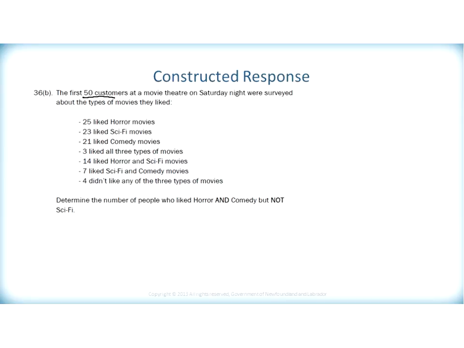They were surveyed about the types of movies they liked. This is the number that liked horror movies. Here's the number that liked sci-fi movies. This is the number that liked comedy. Let's draw a Venn diagram, of course with 3 sets. And we have horror, sci-fi, and comedy. When we're constructing these Venn diagrams, a good strategy is to work from the